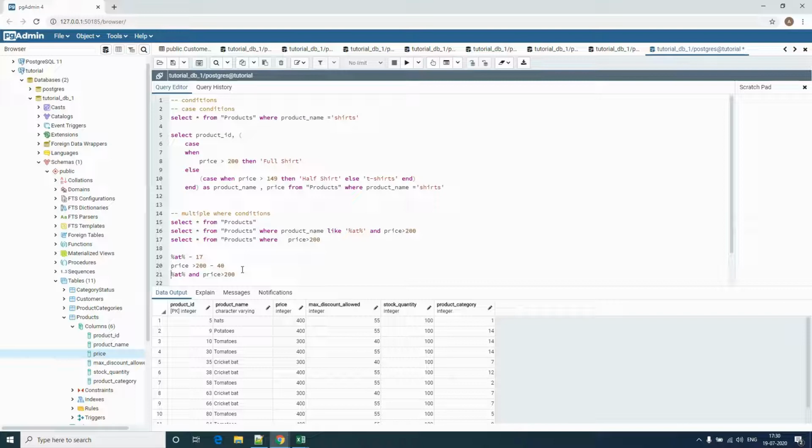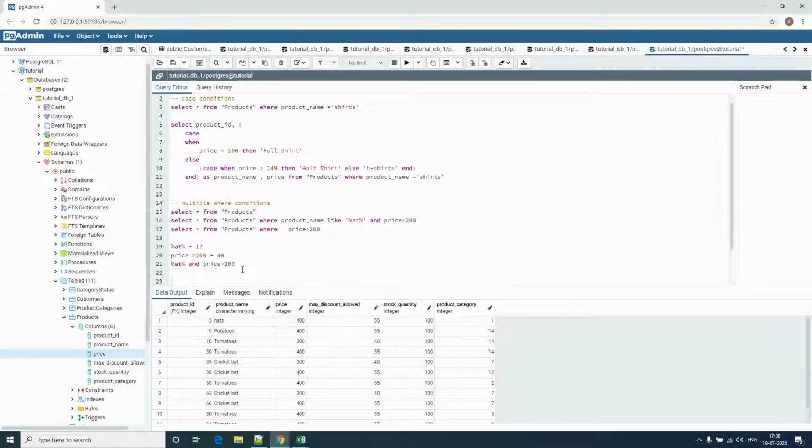Now I'll tell you one cool thing here. If I select these 40 and add the 17, what's the total number? It becomes 57, isn't it? Now in these 57, there would be some records which have 80 as well as a price that is greater than 200, right? So these guys,